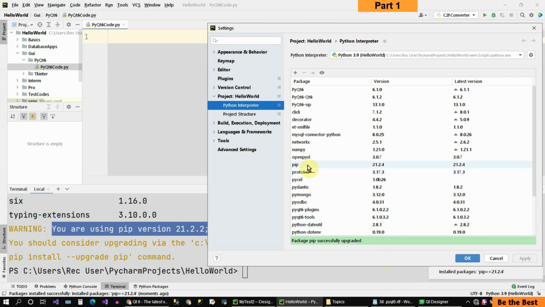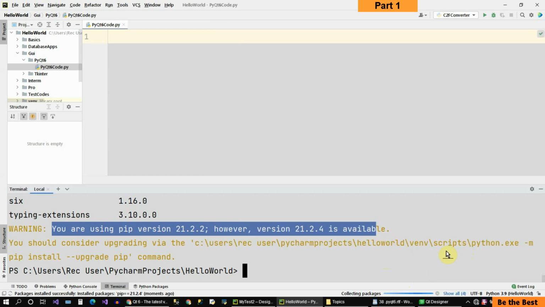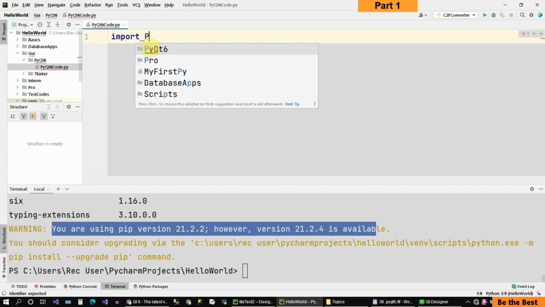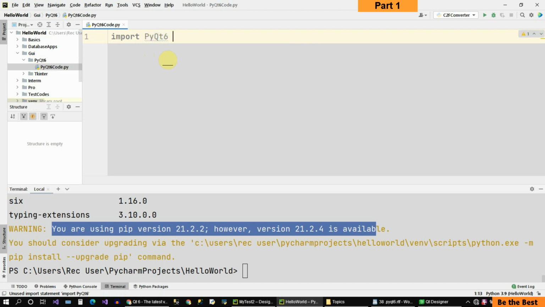Congratulations, my pip is upgraded, and you can see the latest version and my current version. So I can click OK, and everything is ready for me. And now we need to be sure if PyQt is installed successfully on my project or not. To do that, as I told you previously, create the PyQt 6 code or any of the names, and inside it easily write import, and this is the import, and PyQt 6. Then I can add the name, for instance, as Qt or something like this, and right click over here